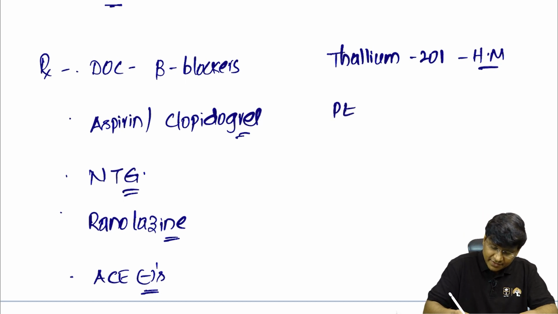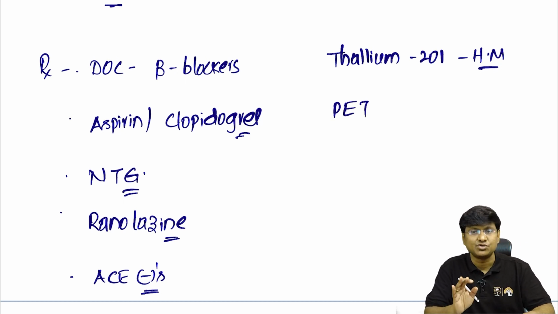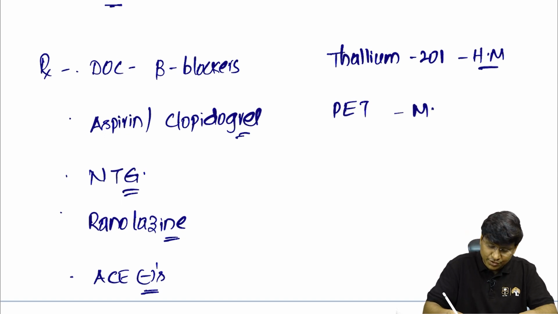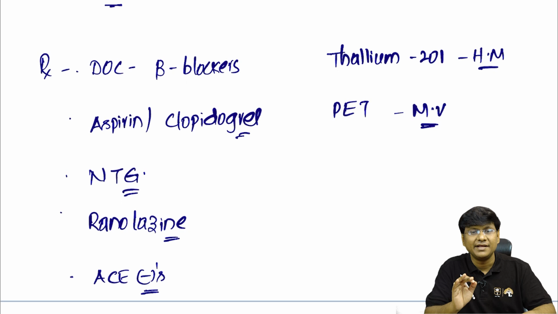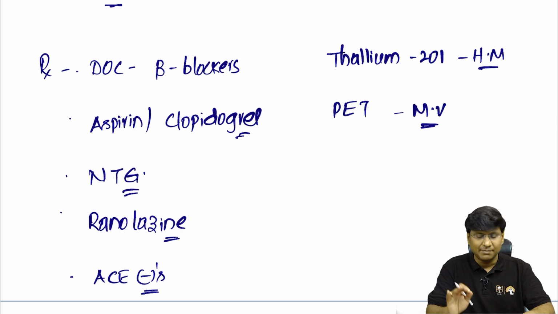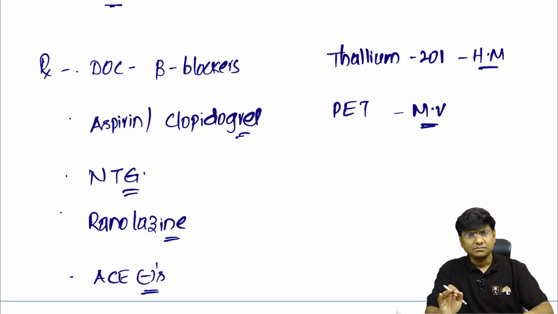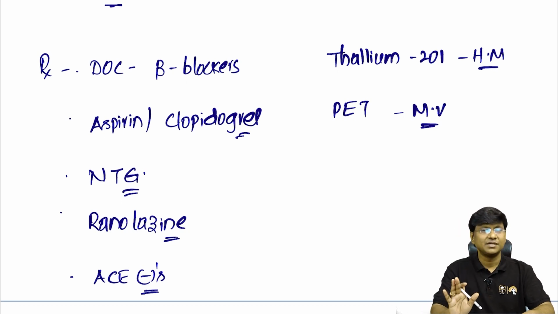Then next we have the PET scan, that is positron emission tomography. Positron emission tomography is the one which is used to assess the myocardial viability, right? It is used to assess the myocardial viability, okay? And myocardial viability tells us whether to do the revascularization with stenting or not. So this is about chronic stable